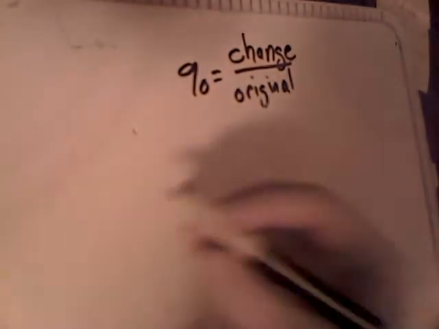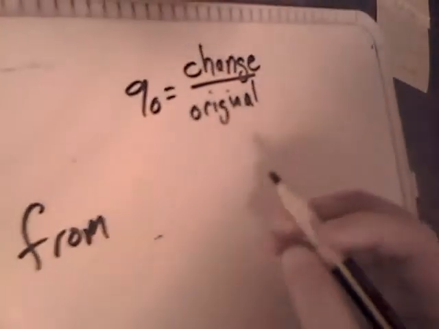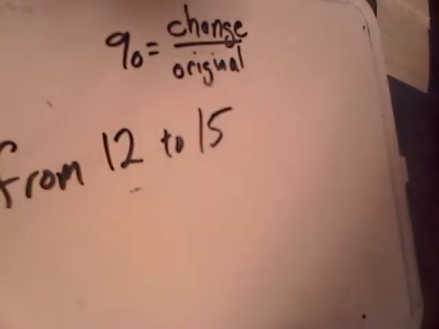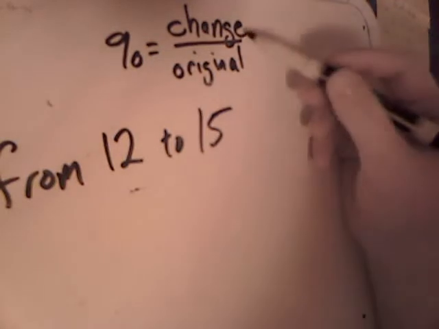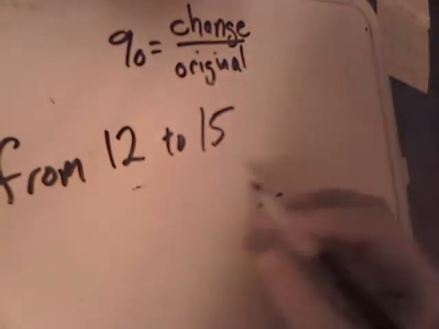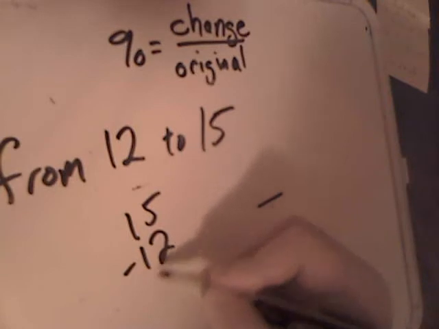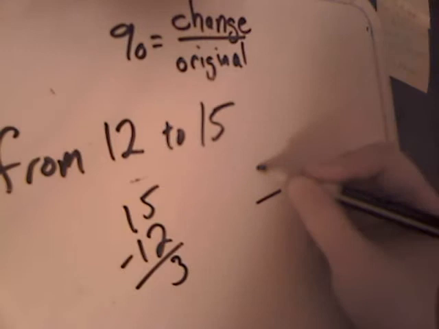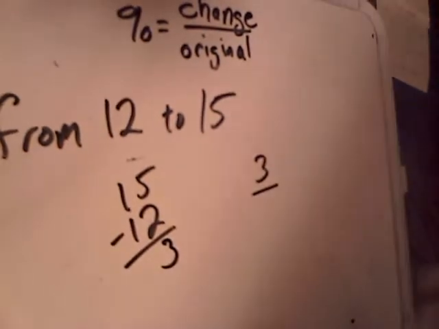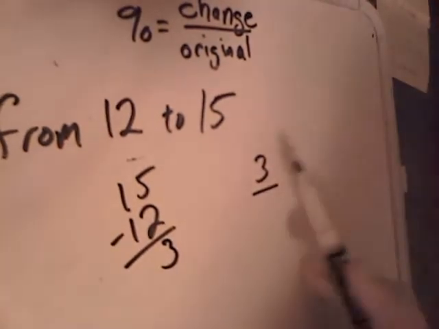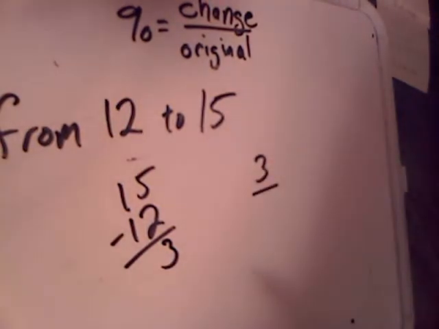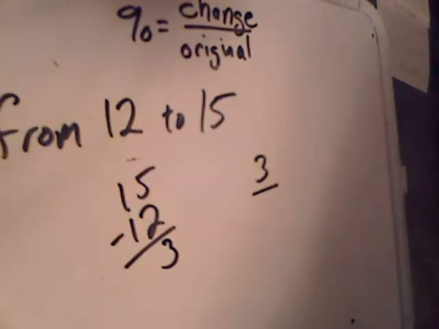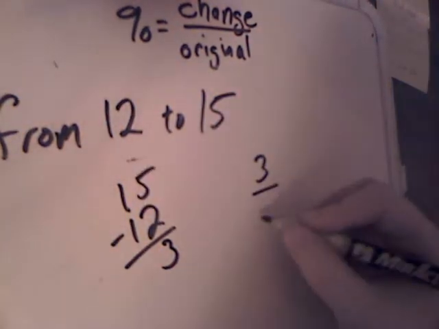So let's take a look at what happens if I start out at 12 and I go up to 15. First, I want to know how much did I change by. 15 minus 12, because we're looking for the difference between 15 and 12, is going to be 3. So I changed by 3. Awesome. What did I start out at? Remember how I told you it doesn't always have to be the biggest number? I started out at 12 and I changed to 15, which means I want to put down 12 as my